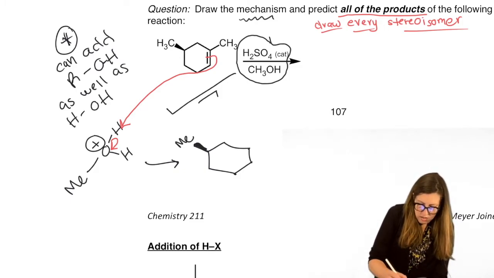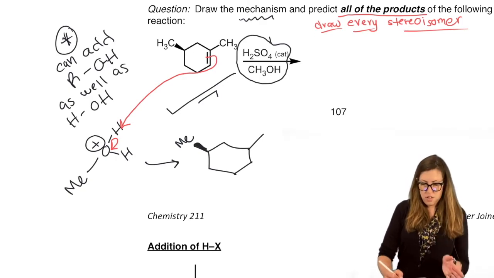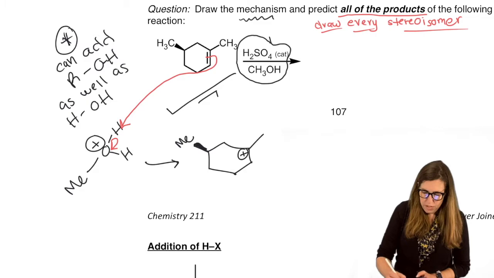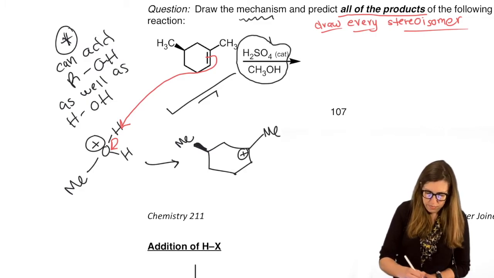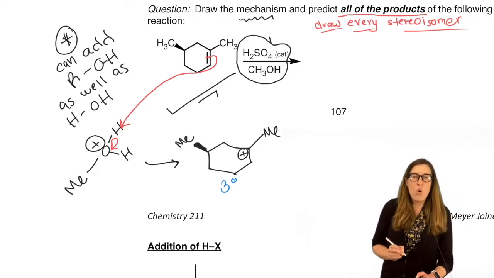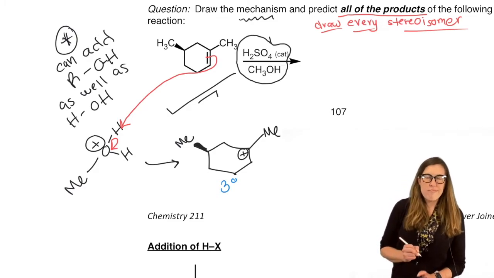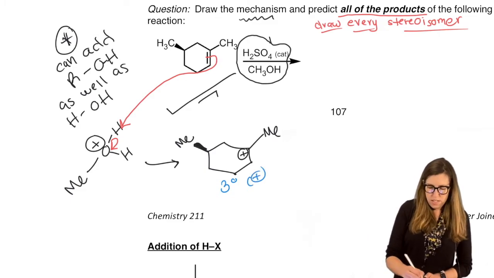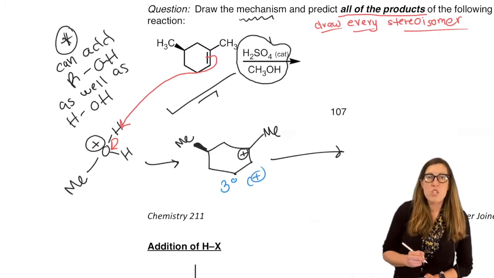All right, now, as soon as you break that pi bond, you've got to think, where's my better carbocation? Yes, it is better right there, tertiary. Should we rearrange? There's no opportunity for resonance and it's tertiary, so we don't need to do that. Let's keep going on to capture a nucleophile.